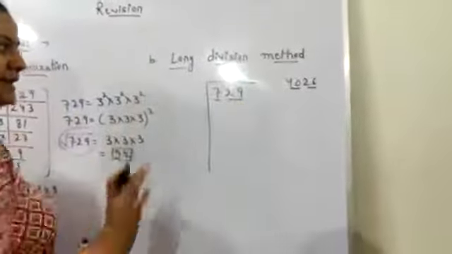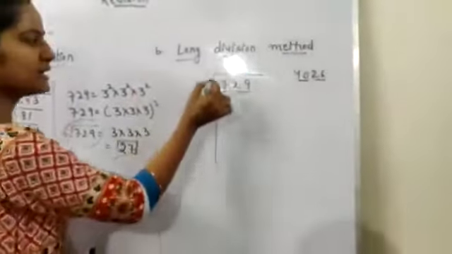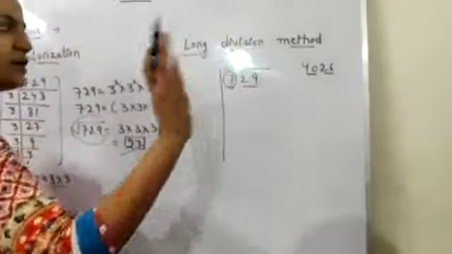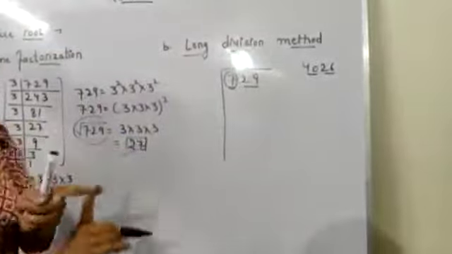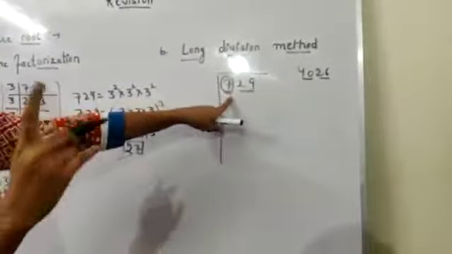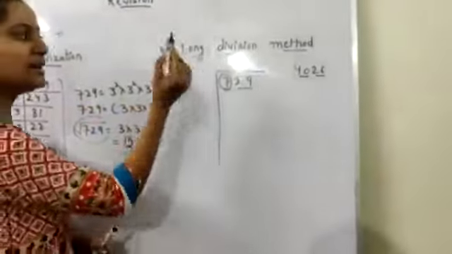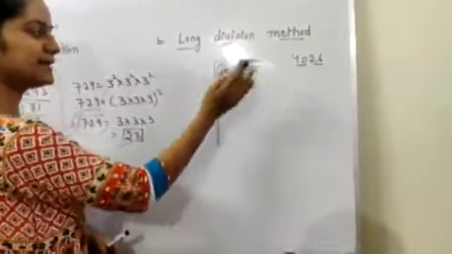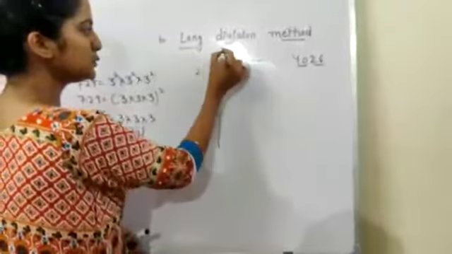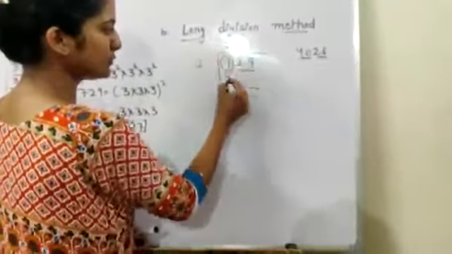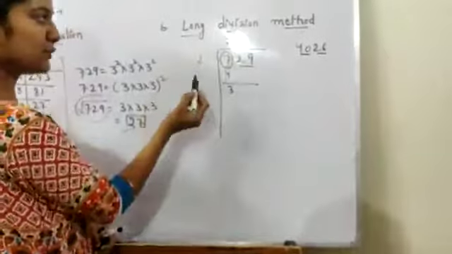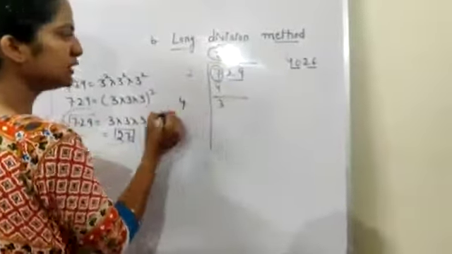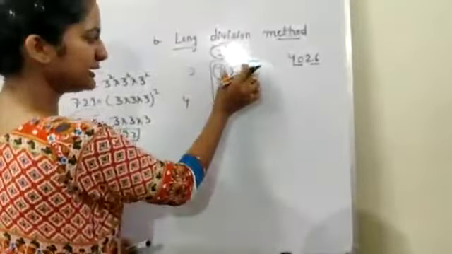So it is 729. First of all we have to check whether the first number is a perfect square or not. 7 is not a perfect square. Now we have to check 7 comes around which perfect square number. We know that the square of 2 is 4 and the square of 3 is 9. So we'll take the smaller one. So 2 2s are 4. Next we have to double this quotient, so it is 4. Next we'll take down this pair.